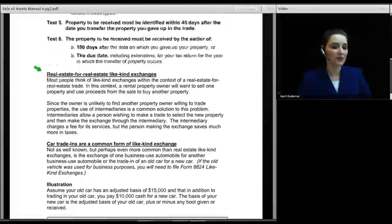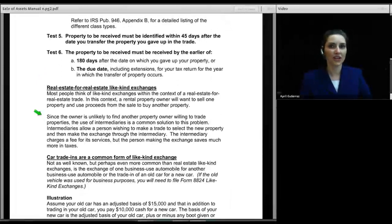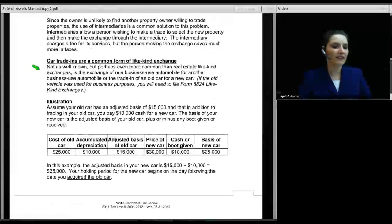And the reason it's painful for the person not a part of the like-kind exchange but is a part of the transaction is these requirements that the person who is trying to perfect that like-kind exchange is trying to meet. And they don't want to close on your property until they've got this other property falling in that time window. Now, having said that, like-kind exchanges, we think of real estate,